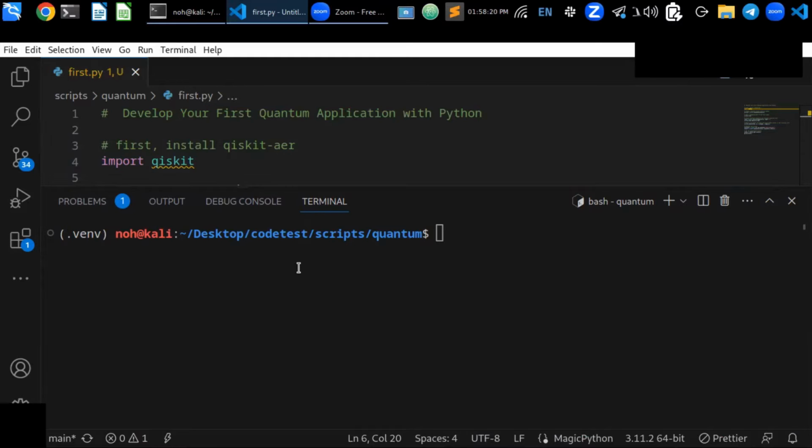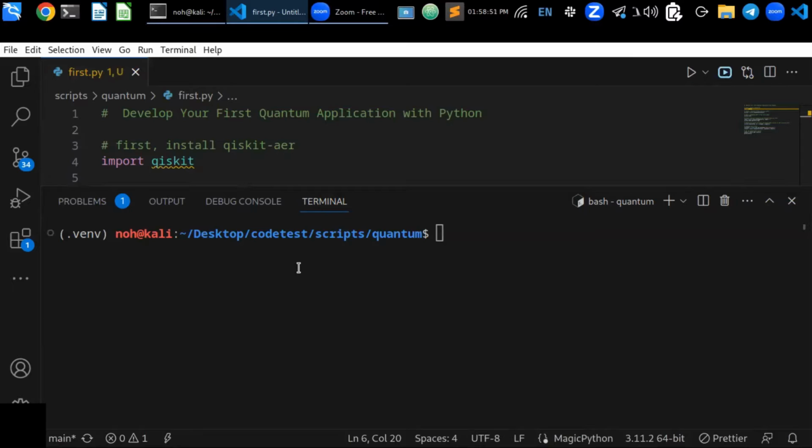Here you will learn the basics of quantum computing, how to use a quantum computing framework, and how to test your code on a quantum simulator. By the end of this tutorial, you will be able to understand the basics of quantum computing, use a quantum computing framework to design and build quantum circuits, and also test your quantum computing code on a quantum simulator. This video is perfect for beginners who are interested in learning more about quantum computing and how to use Python